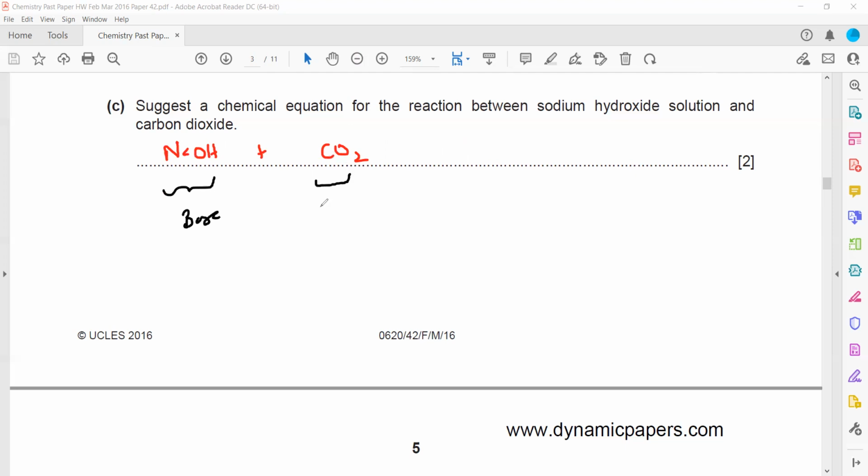So when it reacts, it will produce salt. Carbon dioxide gives a carbonate salt. So it will produce Na2CO3 plus water, that will be H2O. Whenever an acid or acidic oxide reacts with a base, it will give salt and water. Carbon dioxide gas is there, that's why carbonate salt is formed here, plus H2O. Then we balance. 1 mark is for completing our equation and 1 mark is for balancing. So this equation is balanced as well as correct in terms of product.